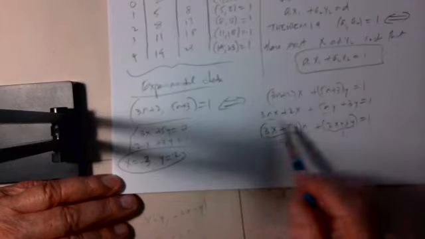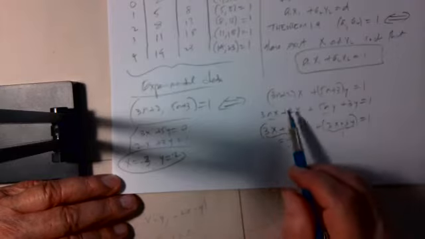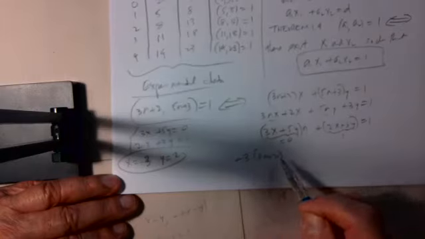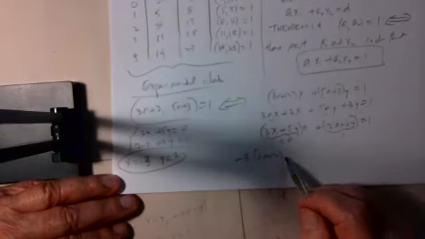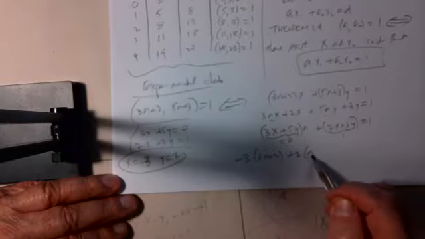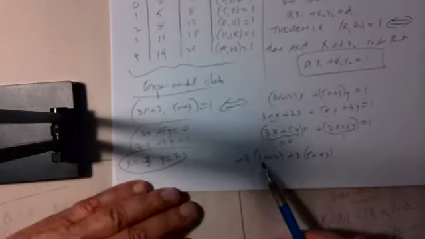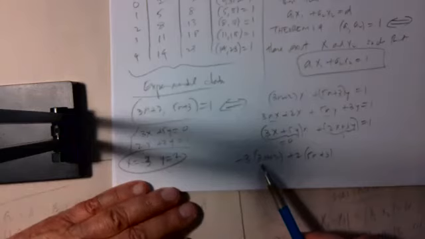Which means for any n, if I take minus 3 times 3n plus 2 plus 2 times 5n plus 3, I have minus, oops,